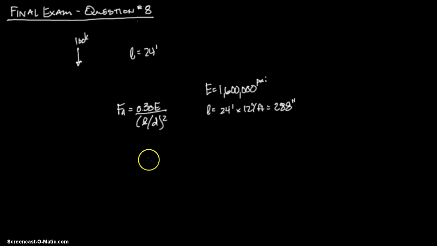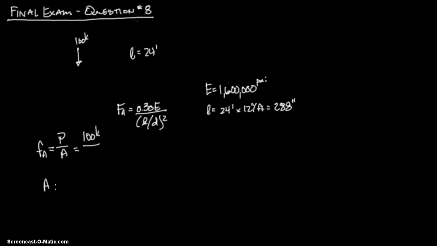Alright, so let's write down the equations we know. It says the allowable is this. We know our actual is going to be F_a, the axial stress, equals P over A. So that's going to be our actual. We know P, so let's just go ahead and start plugging stuff in. And then when we get stuck, we'll say, hey. And then A is going to equal,